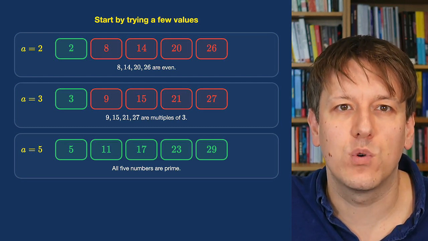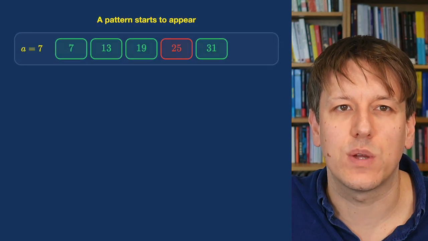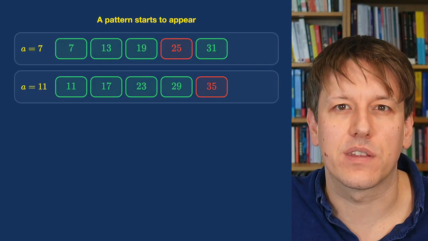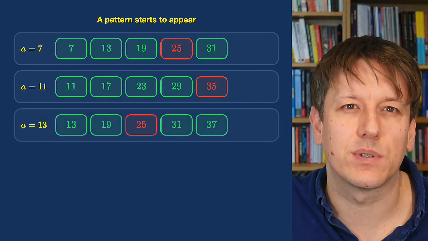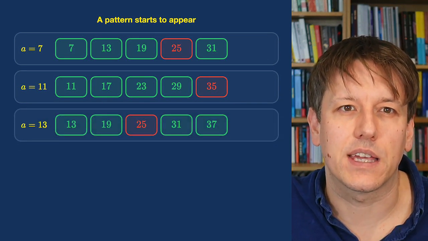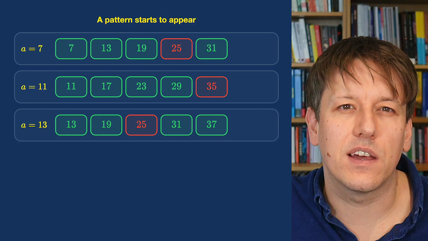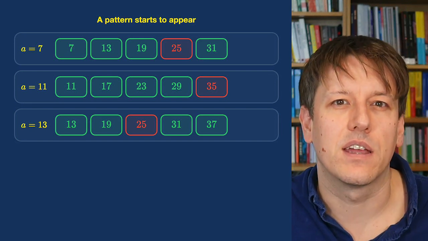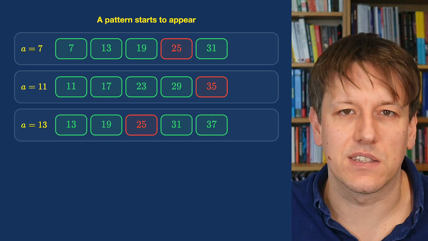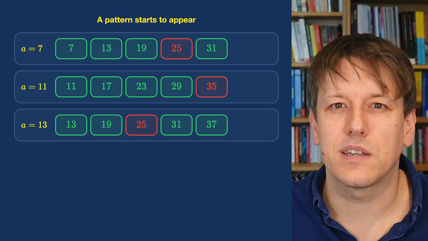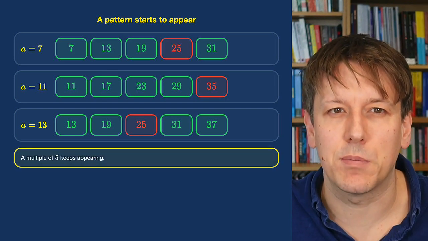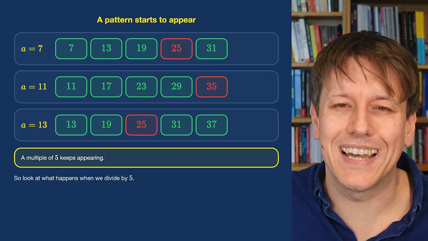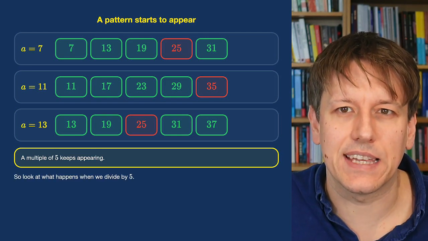And if we try a few more, it does suggest a pattern. If we do a equals 7, one of the terms is 25. For a is 11, one of the terms is 35. For a is 13, one of the terms is 25 again. And so even in the earlier failed examples we had, we did also have 20 and 15 appearing. So there could be several reasons a list fails, but it does seem to be that multiples of 5 keep appearing. So this isn't a proof yet, but it is a good clue, and it tells us what to investigate